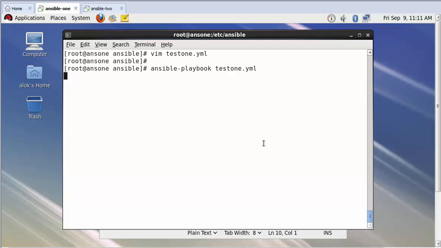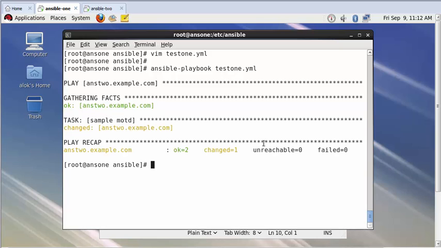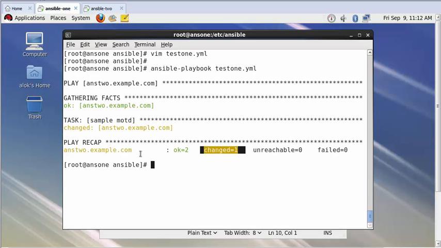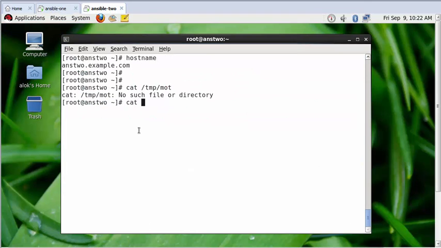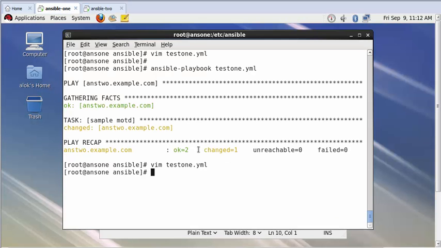It's what we do, which is good. There is no harm in it, provided your module is right. There are no syntax issues, so it has changed something. So if I go to the ans2 and cat the temp motd file, I suppose it is an motd or etc motd. Let me check. It's etc motd. So if I go and do a cat etc motd, it's showing me the new file, love learn Linux. Perfect. But in case something is wrong,